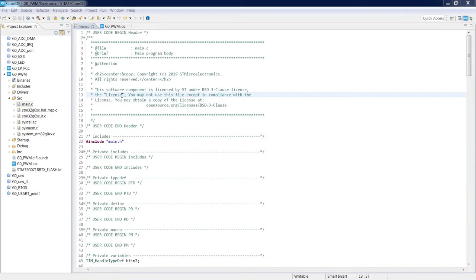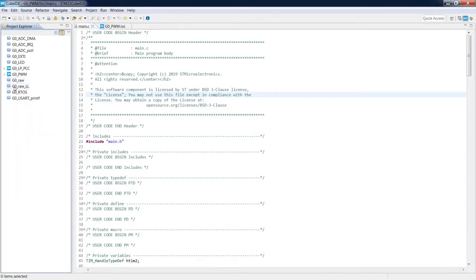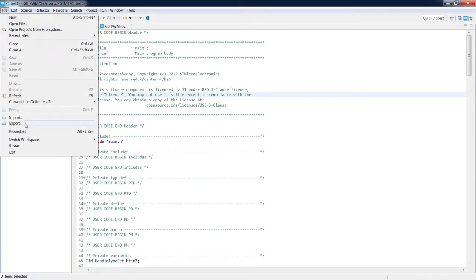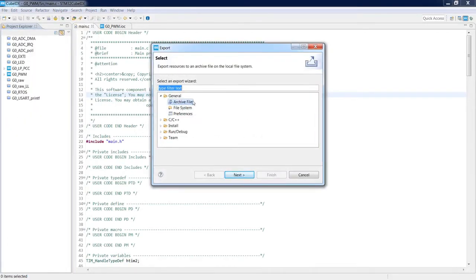Another thing I would like to demonstrate to you is how to export and import projects within the workspace. In our current workspace, we've got 2 open projects, the rest are closed. So let's select the export option. So I will go File, Export. I can select either archive file or file system or preferences. File system will store the project within the separate folder of the folder structure which is present in the project. I would select the archive file, which allows me to store everything in one single file, either zipped or tar format.